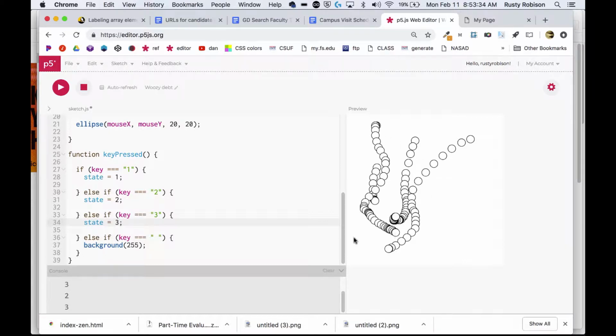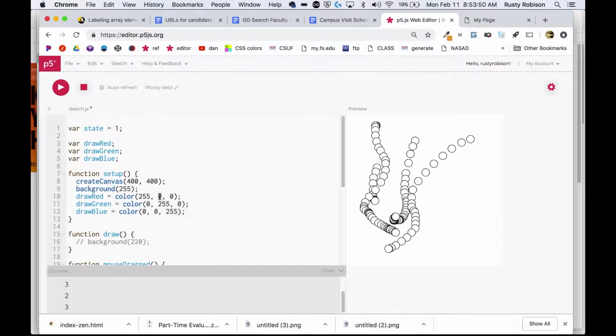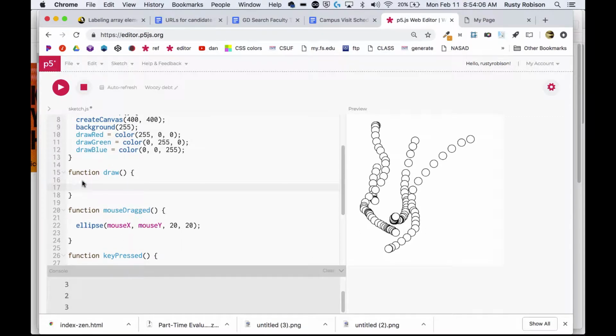All right. Now it's tempting to put the fill, fill blue, fill red, fill green in here. But I like to keep the logic of the program and the actual drawing of the program separate. That's what I'm going to put up in the draw, because that's where the drawing happens. So here's what I'm going to do. I'm going to have it check every time it draws to see what state it's in before it draws the ellipse. So I'm going to say if state equals 1,